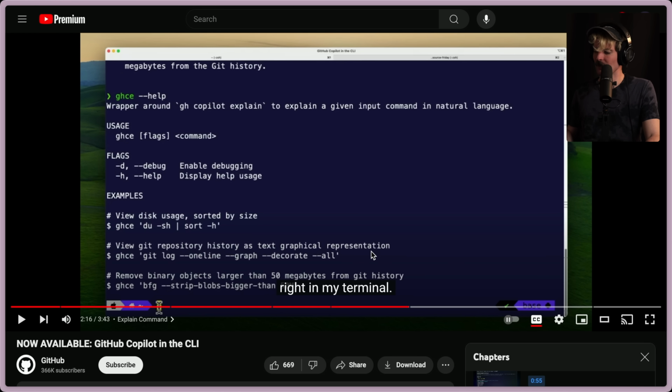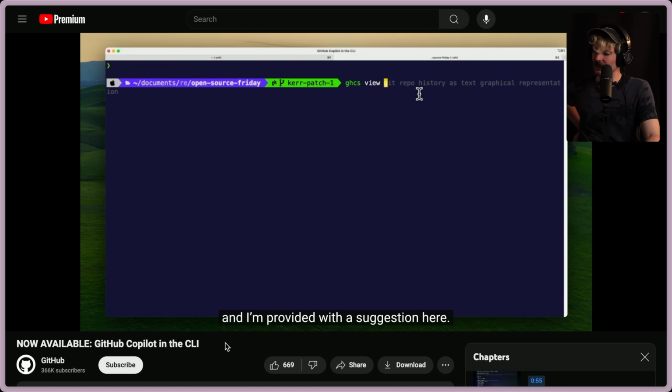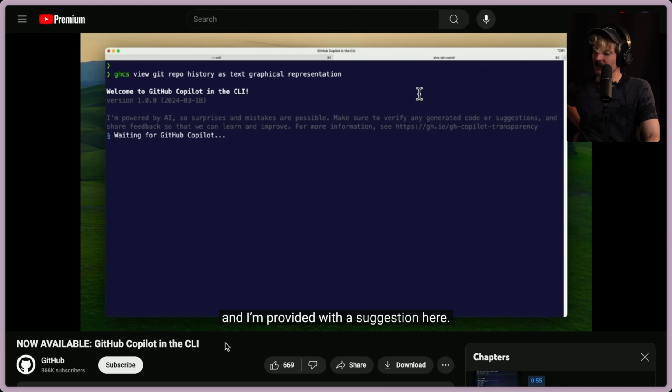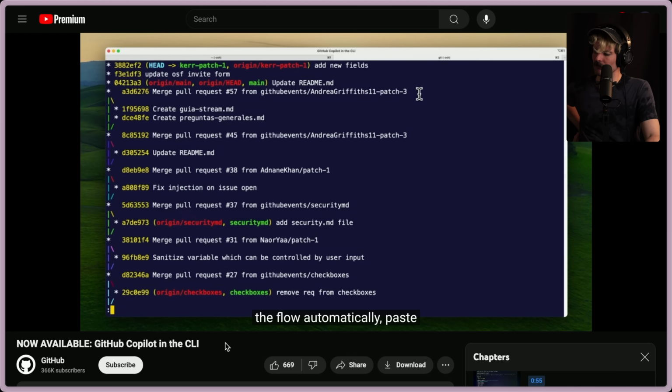right in my terminal. Okay, I need to see how suggest works before we go. If I wanted a suggestion, I can run ghcs, type what I'm trying to accomplish, and provide it with a suggestion right here. I can select the copy command option, which exits the flow automatically, paste, and then run the